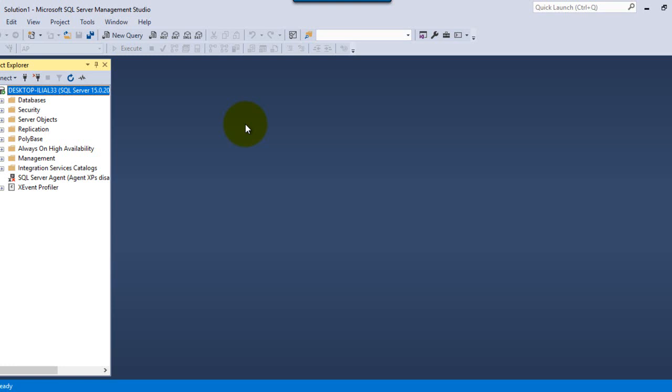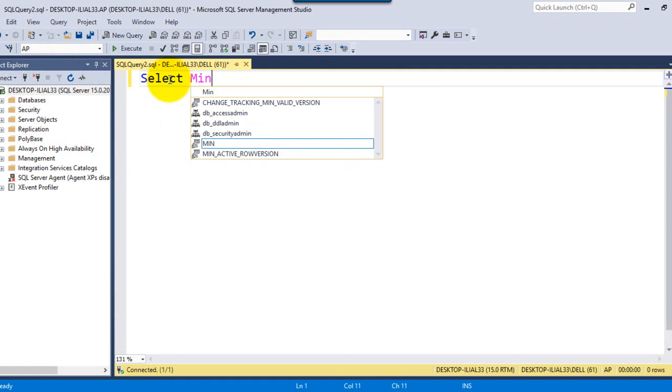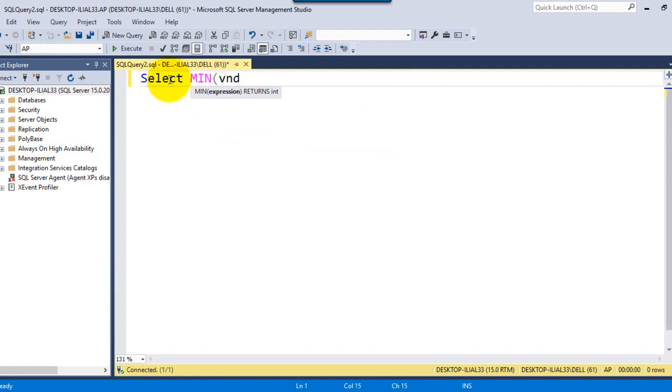Also, we can count how many instances of the records there are, how many records there actually are. You can check. Let me start a new query, and I will use the accounts payable database. First I will give a query, select min. For this we will use the vendors table. From this vendors table I will choose vendor name,